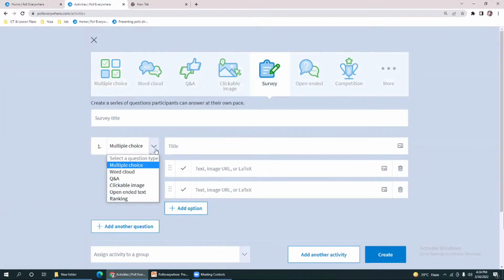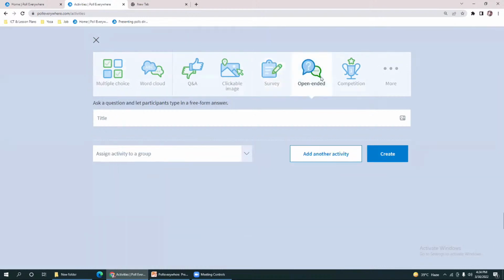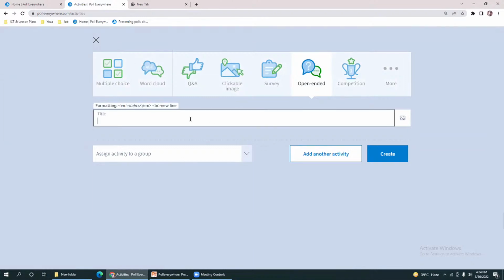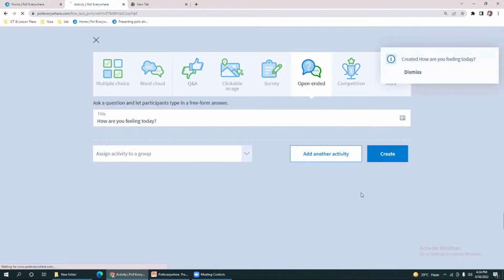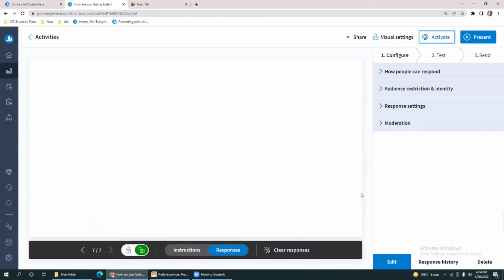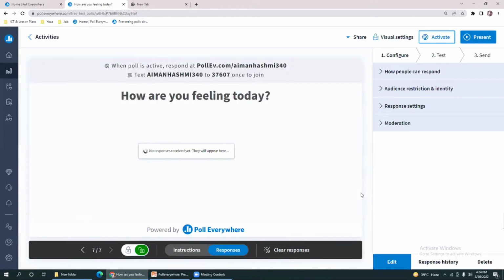If you want survey questions, see, there are all types of questions which we have done just now except the word cloud. All these types are questions which you can ask here. You can even ask an open-ended question, but you have to assign it to a group. For example, create. The moment you say create, and yes,